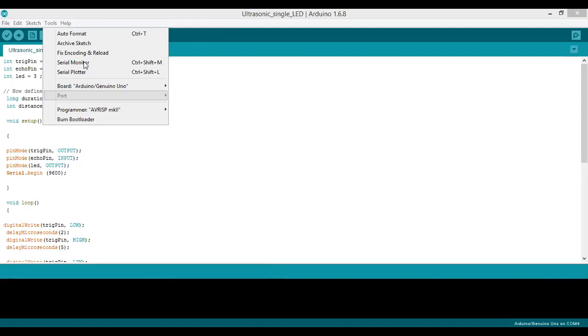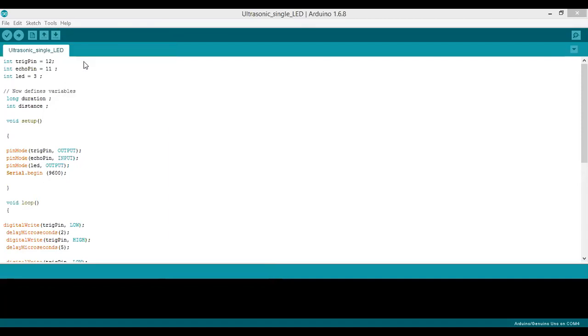So once it is saved, it is verified, and the board is selected, and the port both are selected, now we have to transfer the program, that is upload the program using this. You can see there, when I move the cursor, it will display what the different options are. This is save, this is verify, this is upload. These are the main three steps we try to use.